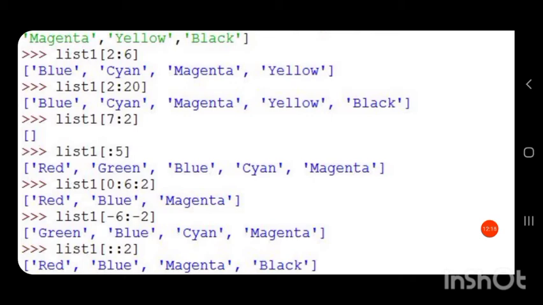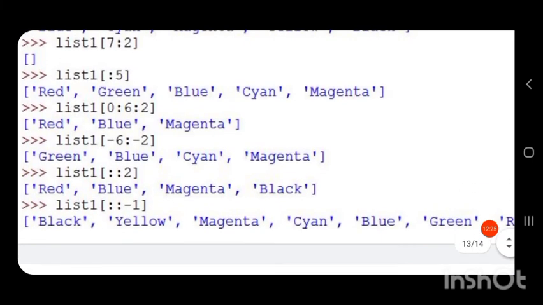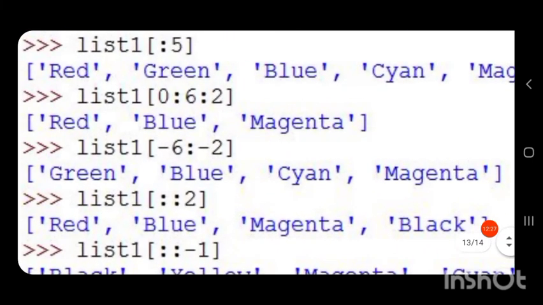So in such cases our step was not given, and by default we had taken this step as 1. But in this case we have provided the value for step also. 0 is the starting index, 6 is the ending stop position, and 2 is the step.